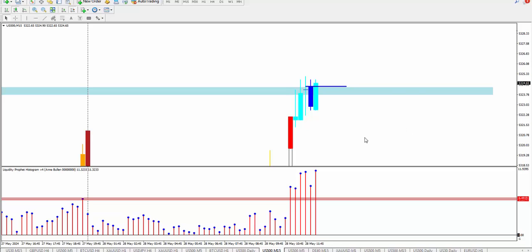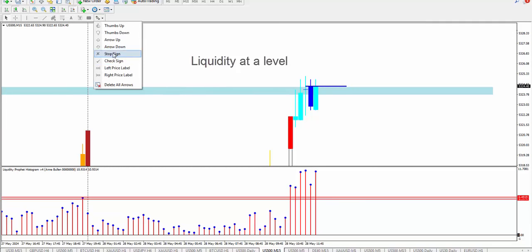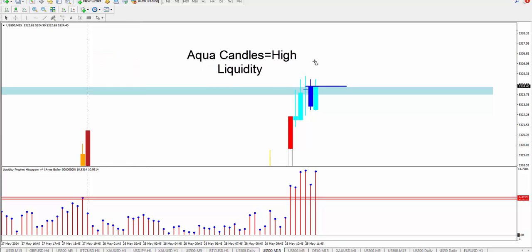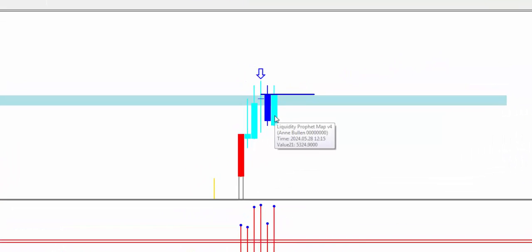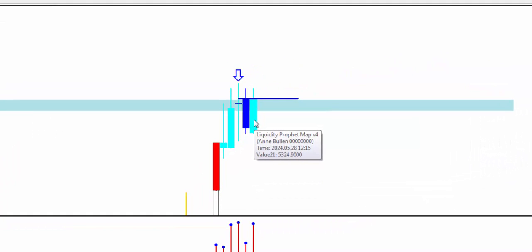For me, this is exactly the sort of setup that I'm looking for to take a trade. I'm looking for, firstly, ideally aqua candles. I will sometimes use purple candles, but I prefer the aqua candles. And then we get the formation of a down blue candle. Excellent. That's the second thing that I like to look at, the formation of a dark blue candle after